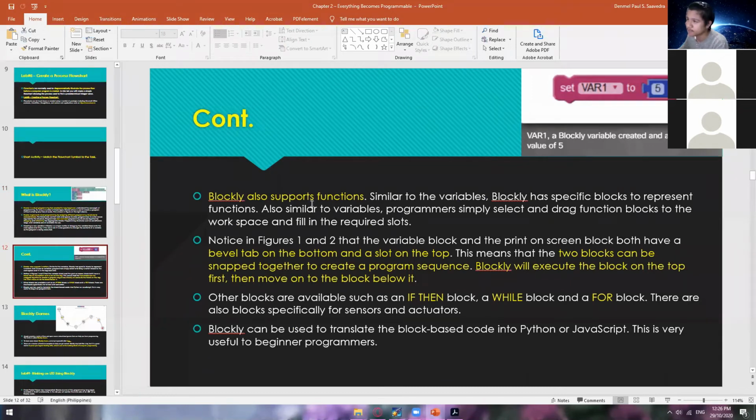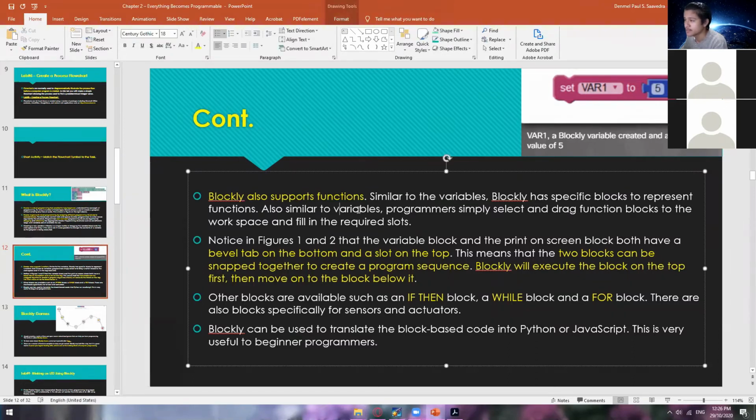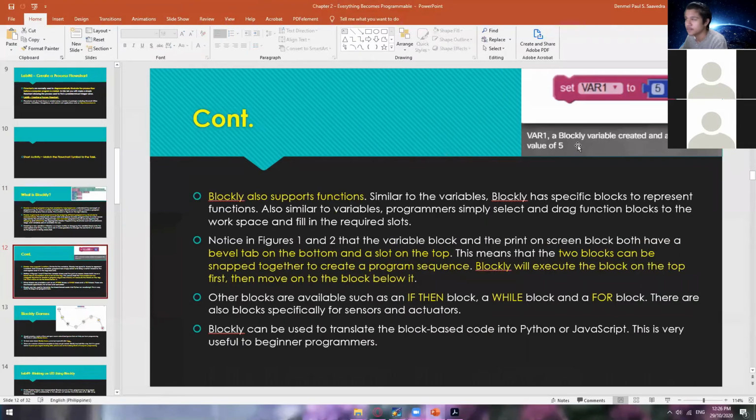So Blockly also supports functions. So meron din tayo mga functions. So similar to the variables, Blockly has specific blocks to represent functions. Yung mga ganito. And also similar to variables, programmers simply select and drag the function block to the workspace and fill in the required slots. So notice that in figure 1 and 2, so ito yung figure 1, and then this is the figure 2,